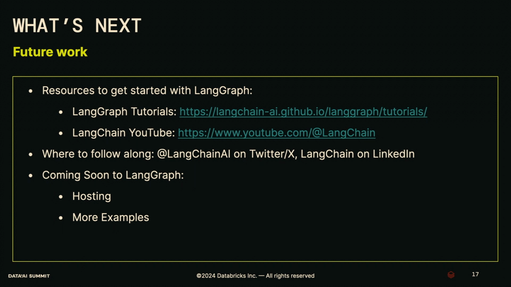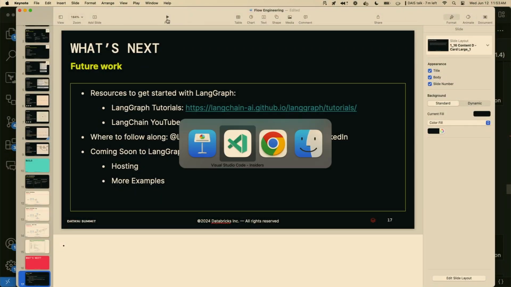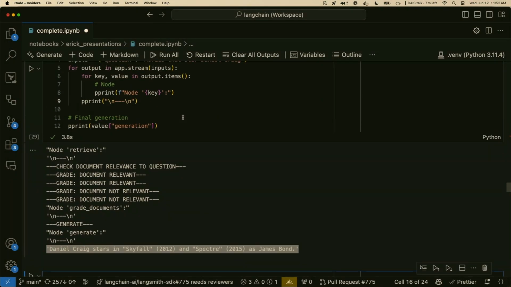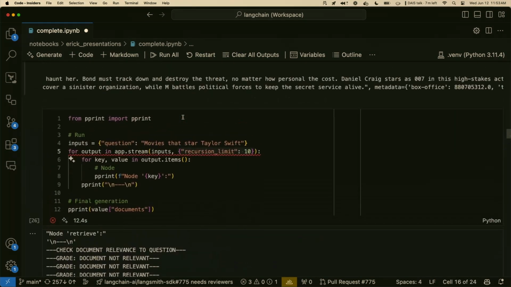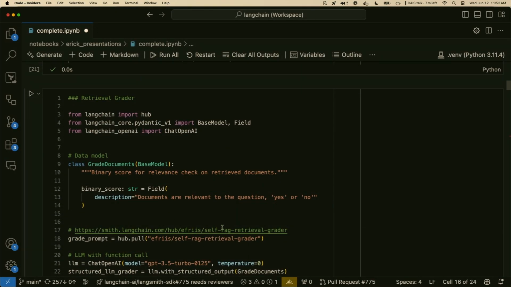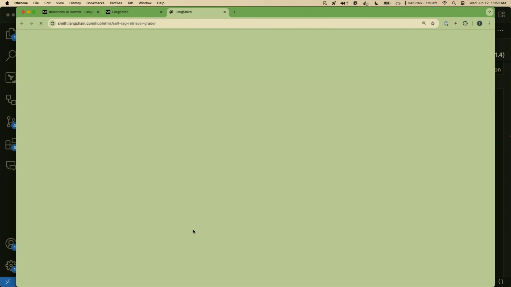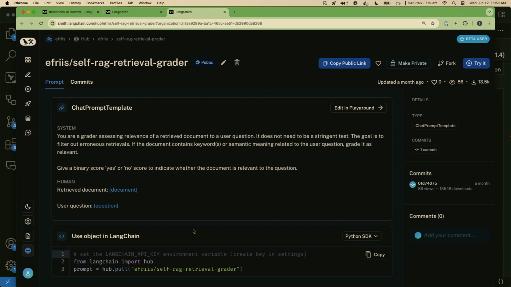How do you get it to be high quality without answering yes or no? Great question. The question was, how do you get grading to work well? In this particular case, it was simple prompt engineering, where grading document relevance tends to be a simpler task for LLMs to handle. All we were doing was, and I can see if I can pull it up,